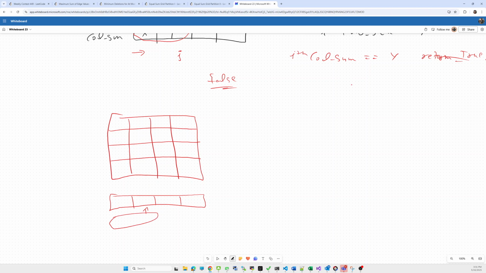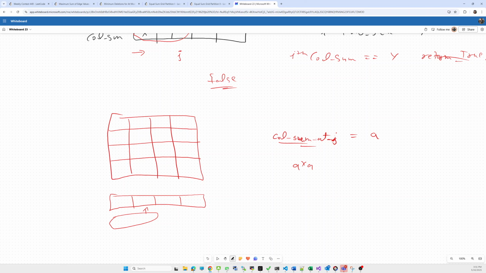So what will be the sum? Let's say the column sum at the jth index is equal to, let's say, A. First we have to check whether it is able to split.